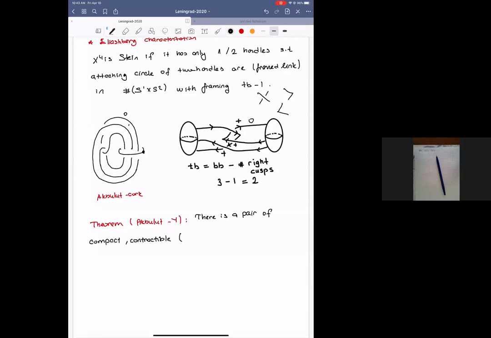I'm going to state them together. In the second one, you can just change this contractible piece to homotopy S1. Let's call them W1 and W2. They are exotic copies of each other, such that